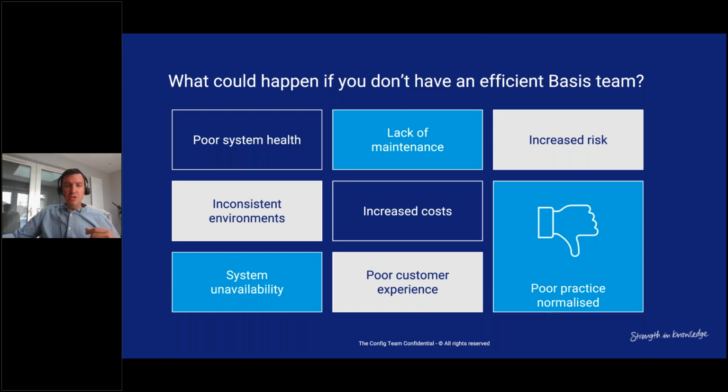And if these issues remain undetected and not addressed quickly, it can potentially lead to periods of unplanned system downtime. Now, with system downtime, especially unplanned downtime, this can have multiple effects. One of them would be on costs. So, for example, in my experience working in the retail industry, if you have an SAP system that is your sole system to take in sales orders, if that system goes down for an hour, that's a lot of revenue lost. And that then has an impact on the customer relationships.